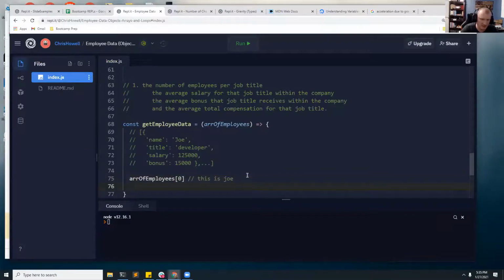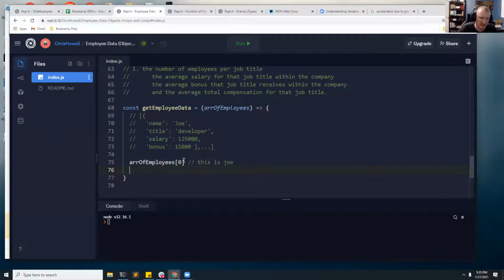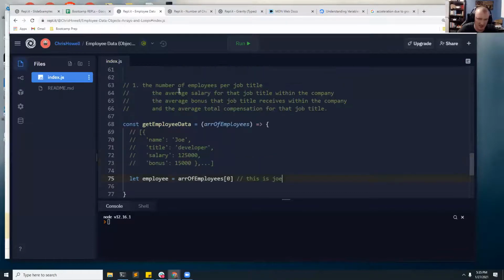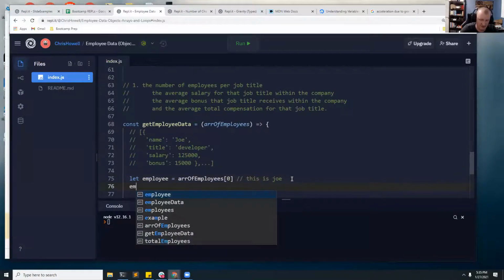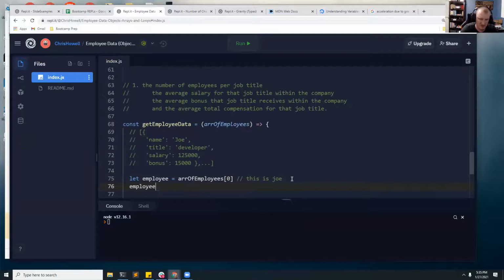I'm not using a loop yet. I'm directly accessing index 0 just so we can understand how to interact with the object. So I'm going to assign my first item to an identifier called employee. And I kind of just want to try to solve this first case without a loop, just so I can make sure my logic's right. This is just me doing extra steps to hopefully make this make sense. So employee,